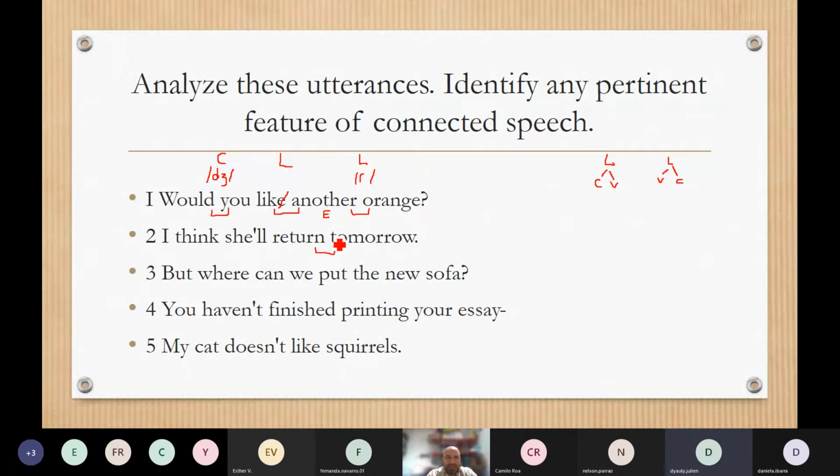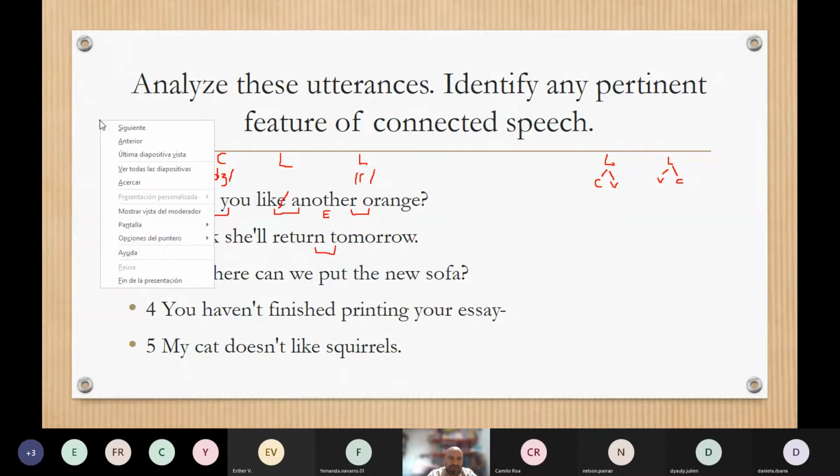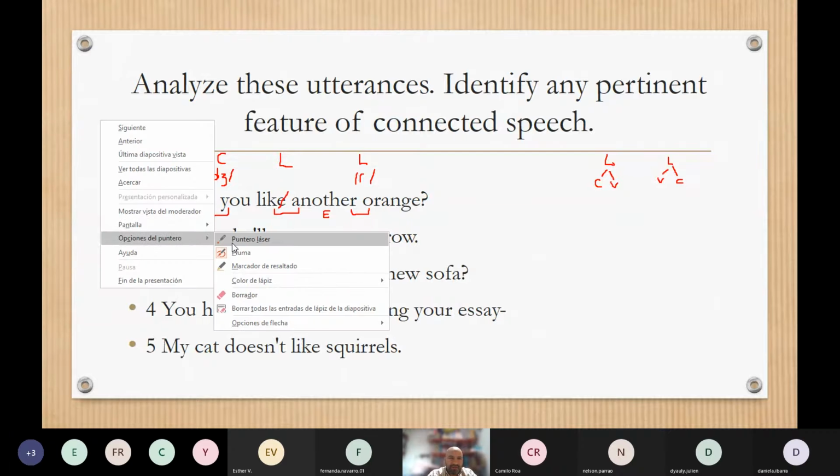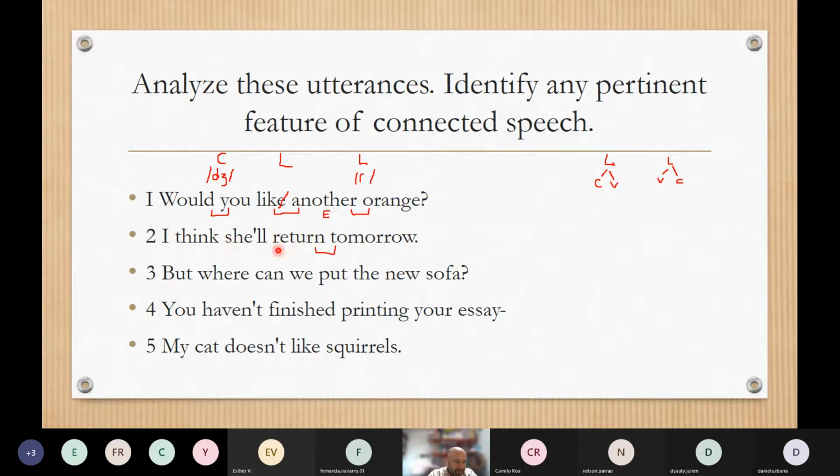Right, now what if the letter is not there, the grapheme is not there, and we have only R-E-T-U-R, so "return tomorrow, return." I don't know if you get what I mean. Imagine that we have only R-E-T-U-R, and we say "return tomorrow." I think she'll return tomorrow. Return,